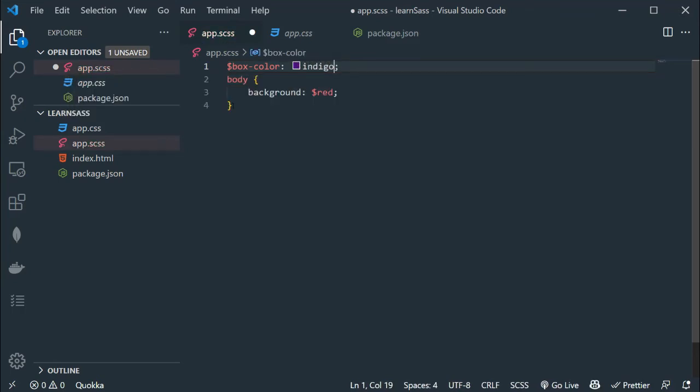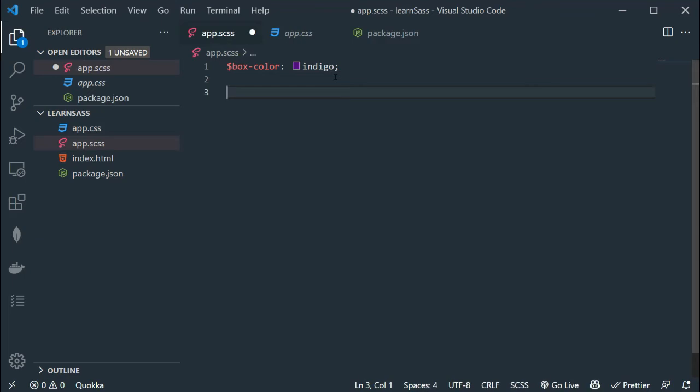Now let me delete the body selector. Now we can reuse this variable throughout all SCSS or Sass files.